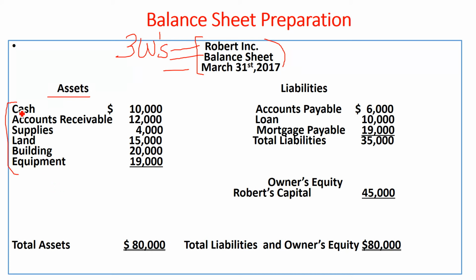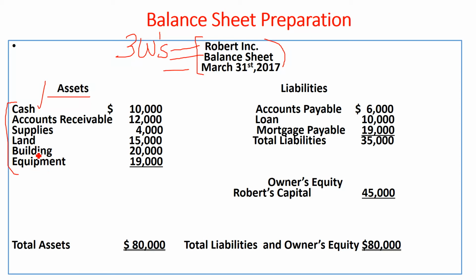Liquidity means the items or accounts which you can convert easily into cash. So always keep in mind that at the top you write cash, then accounts receivable, and then supplies. But there are more accounts as well. As we move to the third or fourth lecture, I will introduce more accounts, because this is a very simple balance sheet. That is why here we have used